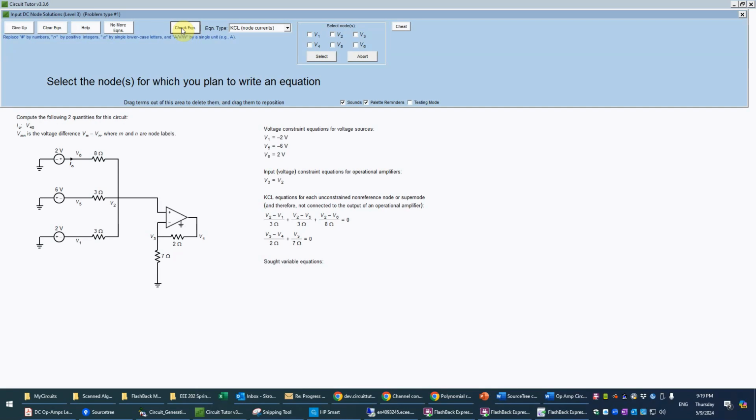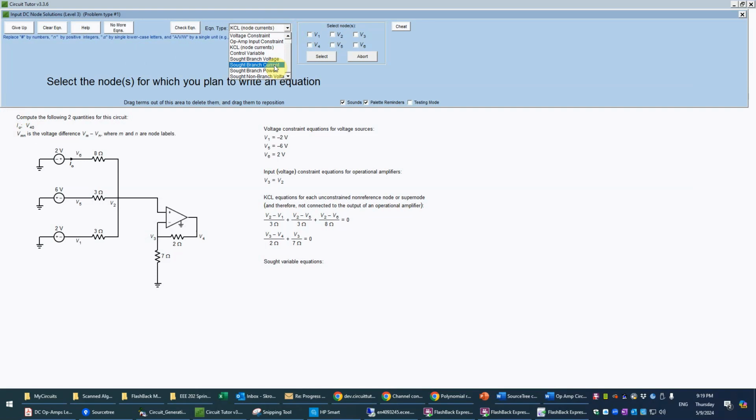So now we can maybe take stock of what we've done here. We have 1, 2, 3, 4, 5, 6 unknowns here, 6 node voltages we're dealing with. And we have 1, 2, 3, 4, 5, 6 equations, so we are done here. We do, however, have to write equations for the SOT variables, which we have 2. One of them is a SOT current, so we'll select